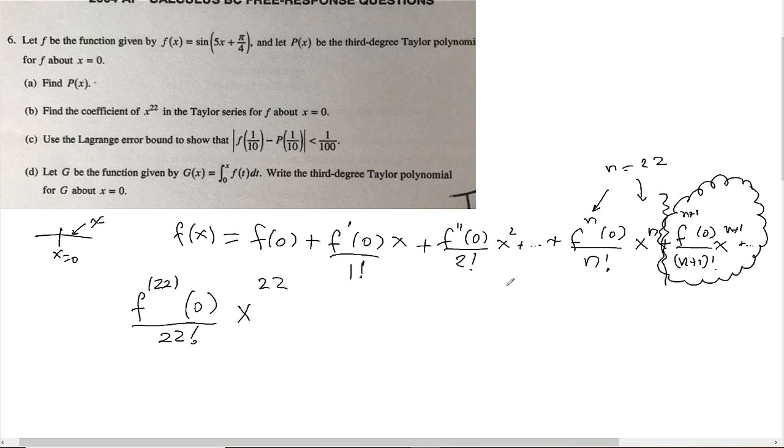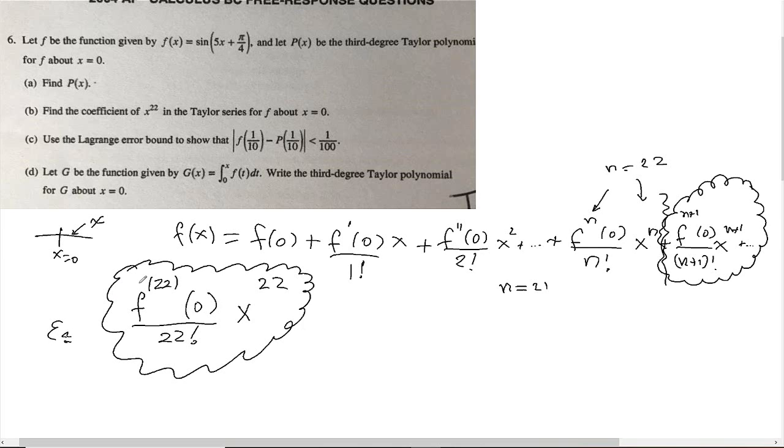But if you go to n equal 21, you get an error that is in some cases related with this one, okay? So over here it is not clear if they are asking the error up to n equal 21 or